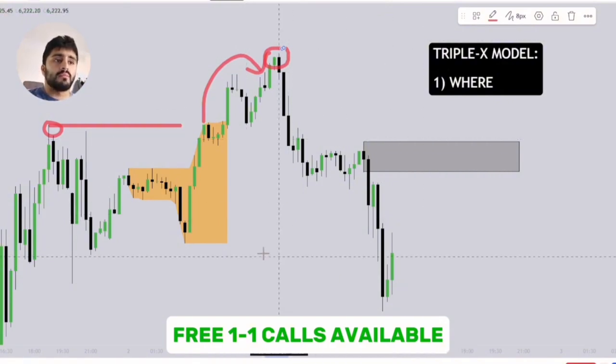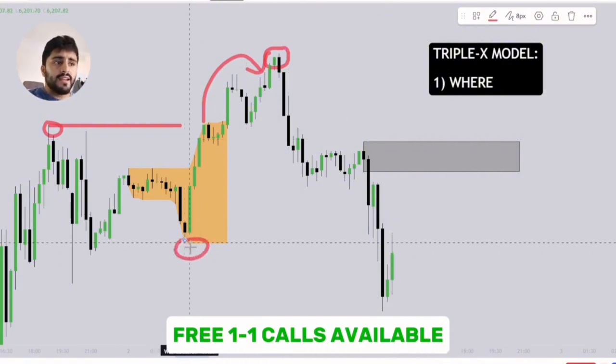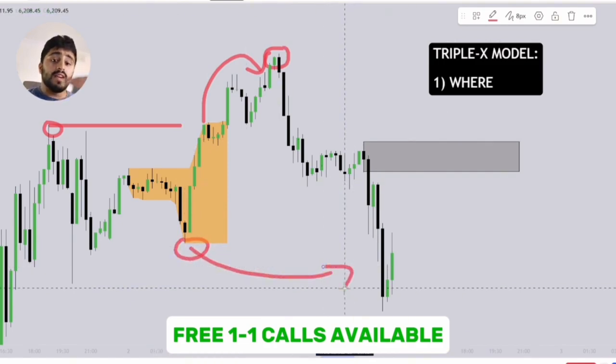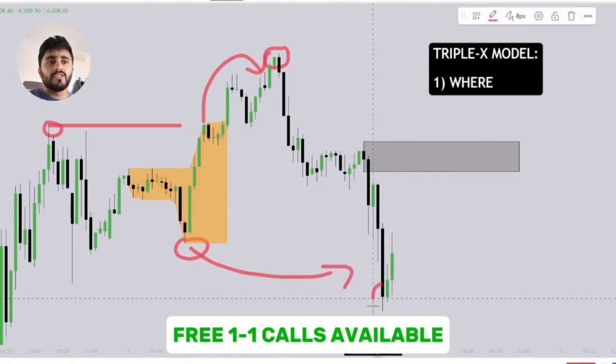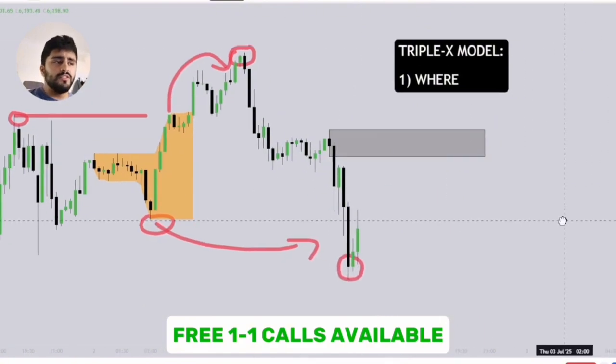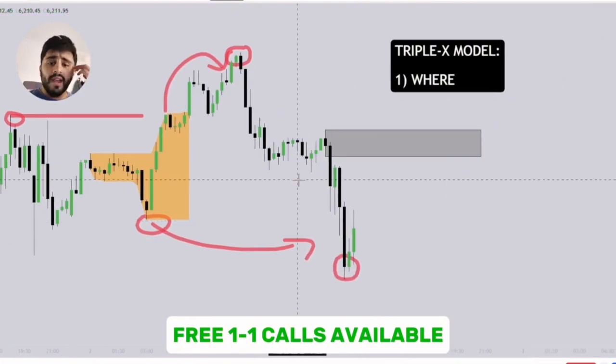UK time, so 3 a.m. EST. Now we take out the Asian low. So we take out the Asian high, then we take out the Asian low before heading higher. So you want to ask yourself what this means from a liquidity perspective. So from a liquidity perspective, when you see this, the way I like to frame it